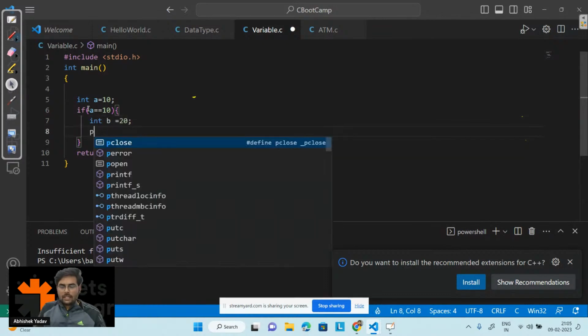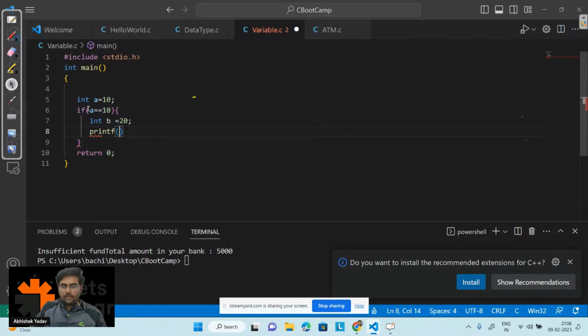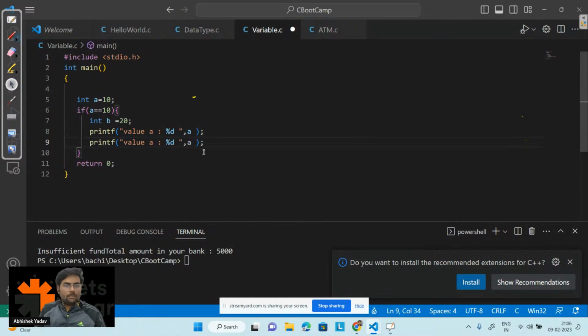And let's printf the value a, that is %d, and this is a, and similarly I am printing the value b also in the if block here, that is %d, and